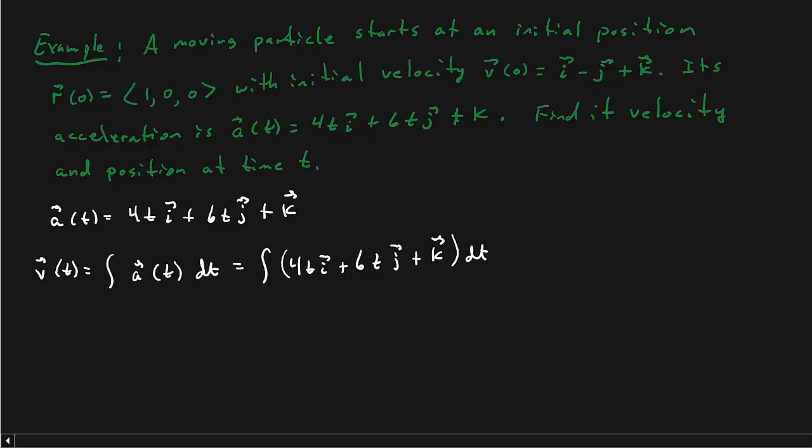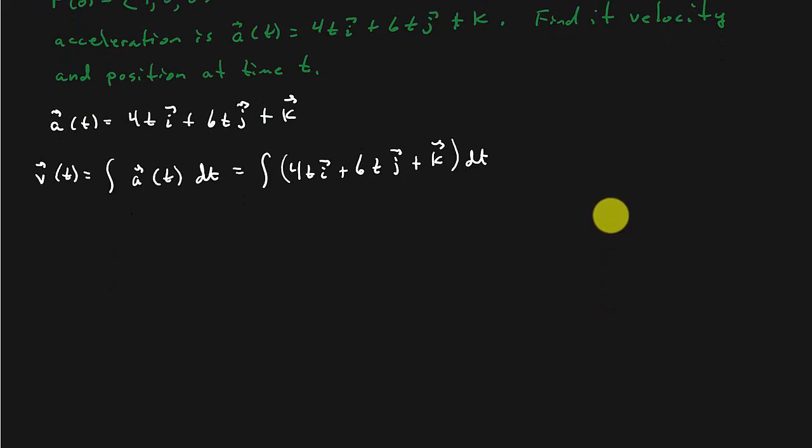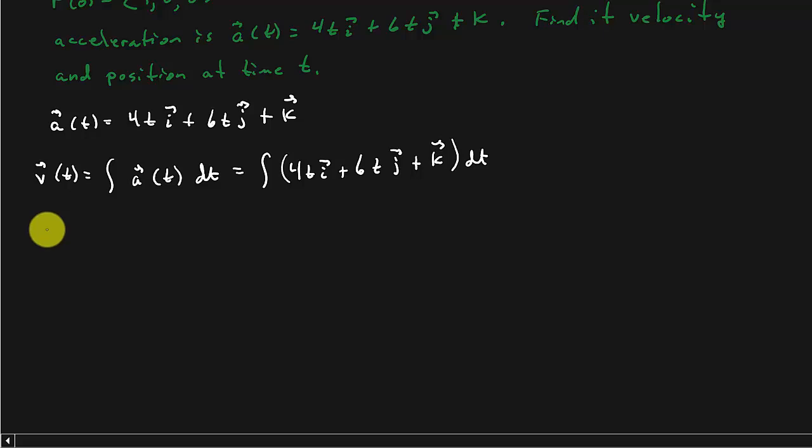All right, so let's go ahead and integrate that. So that is going to give us 2t squared times vector i plus 3t squared times vector j plus t times